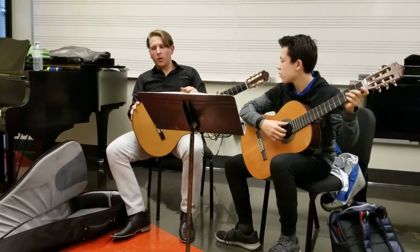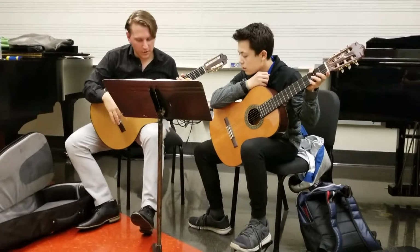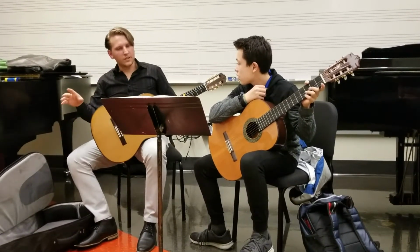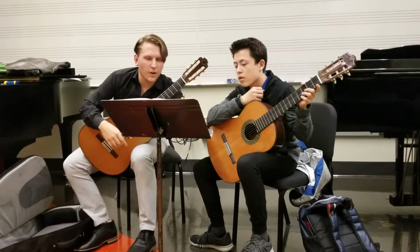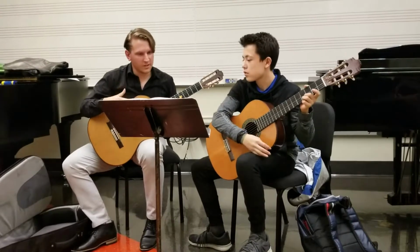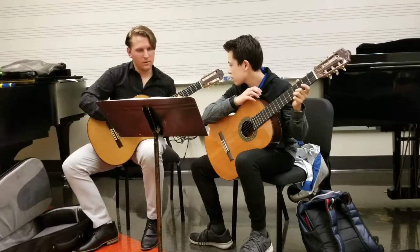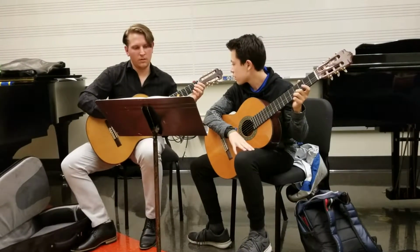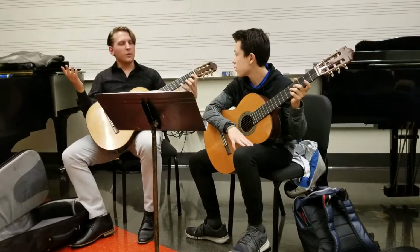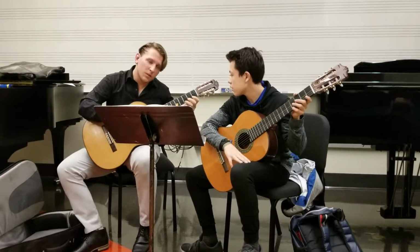I know when we perform, we are always thinking about how to perform at our best, right? We want to make sure that we're playing the notes the right way and playing the best for ourselves and for the audience and for the music. But there's two big things in this piece. One section is one key signature, and the other section is another key signature, right? Which means different keys. This is in this key, right? We know it's different. There's something else going on, right? All we need to know is this first note, as opposed to